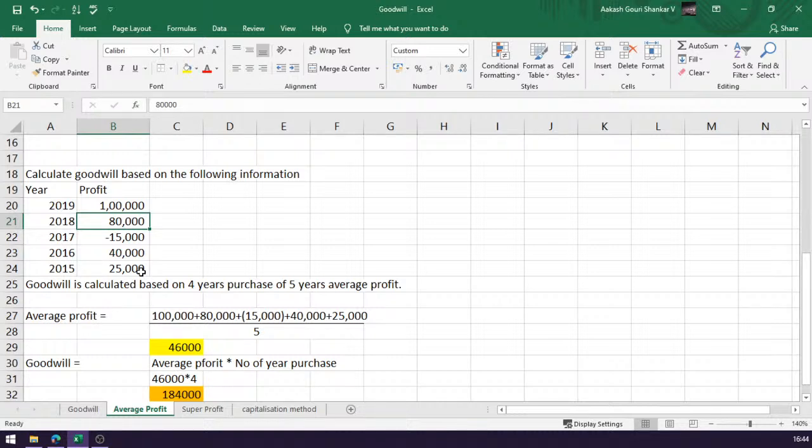But subsequently, in the next year, which is 2018, the firm has made a profit. When there is a continuous loss, we cannot find the value of goodwill. Obviously, you can think, if someone is failing in all the subjects, what will be the goodwill of that person in the school? If someone by chance, due to some health problem or illness, is not able to write the exam but later does well, there is quite a difference. If the firm is suffering a continuous loss, the goodwill will not be calculated.